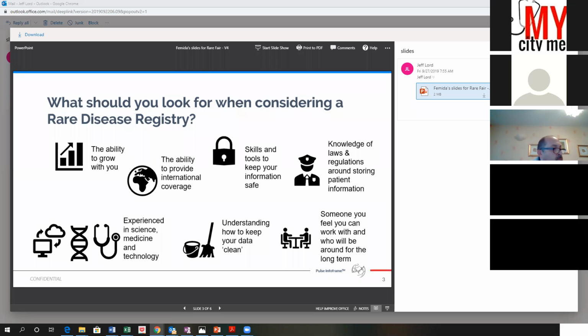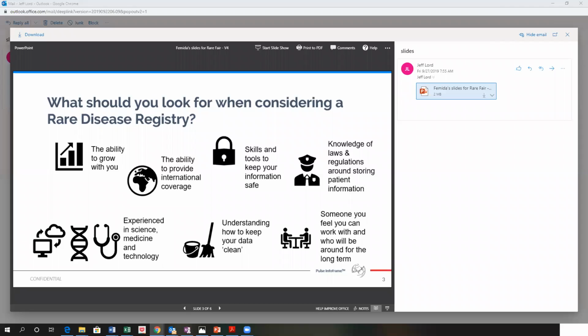What is it? We always firmly believe, and I've always done this my entire career, is really work with people who understand what your needs are. Don't just go brand name shopping because that's what everybody else is doing. Really think about who are the people who understand the rare disease space? Who are the people that I can grow with? What's the company that will work with us strategically and help us understand and provide advice and guidance?